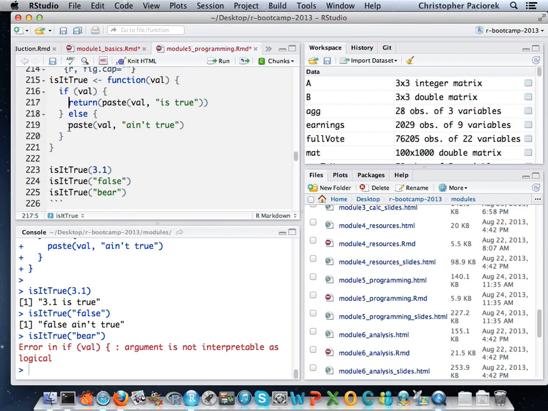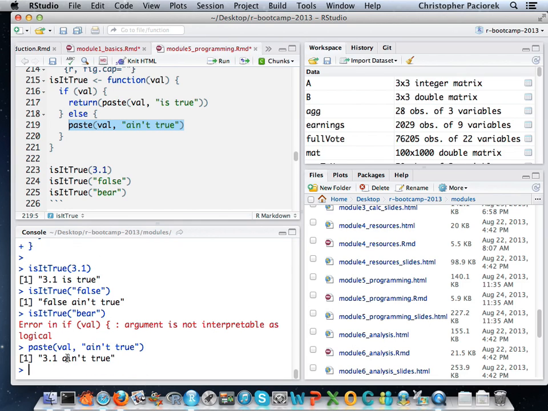But there's another way to return values back, which is just whatever the last statement in your function, the last statement that gets evaluated, that's returned as the return value here. So right here, if we just evaluated that code by itself, right, that's just a string. And so when you evaluate a string at the R console command line, it just prints it out. But in the context of a function, you're evaluating the string. It's the last thing that you evaluate through the course of the function, so that's what gets returned.